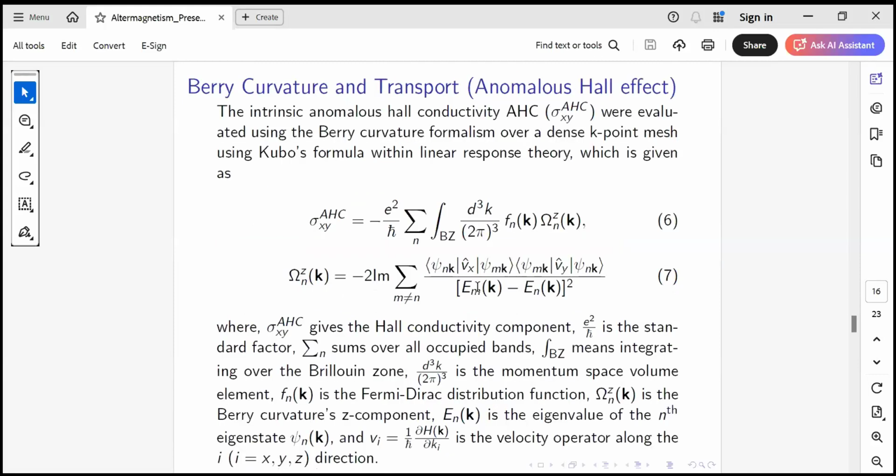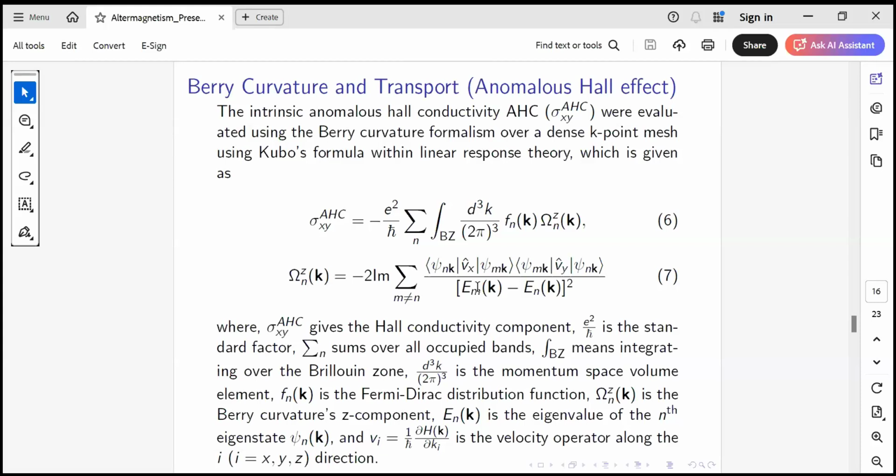Now here, as we have said, the internal magnetic field that comes from the octupolar moment will break the time reversal symmetry, and it will create the spin splitting, and as a result we will get a finite value of Berry curvature.